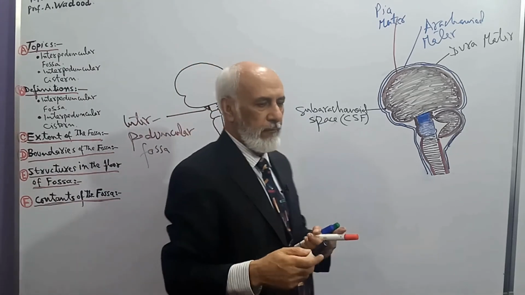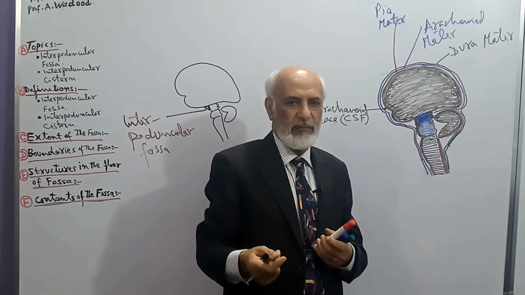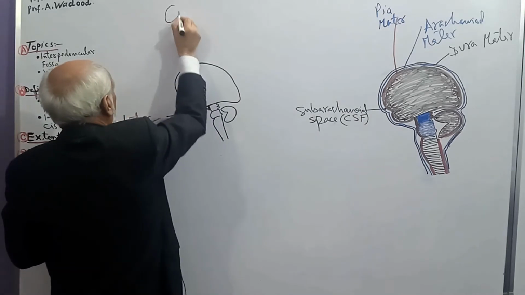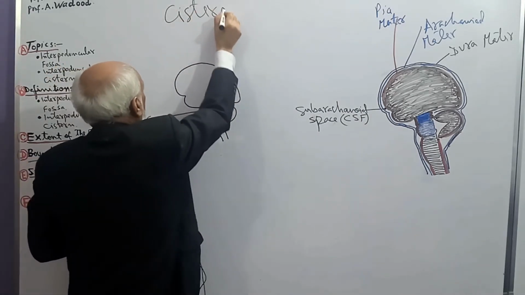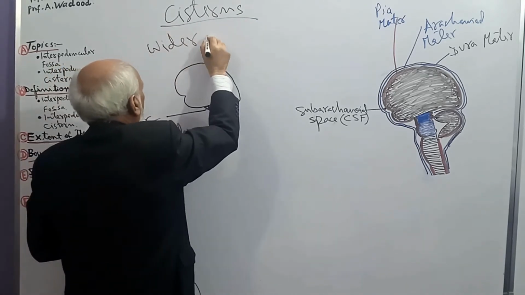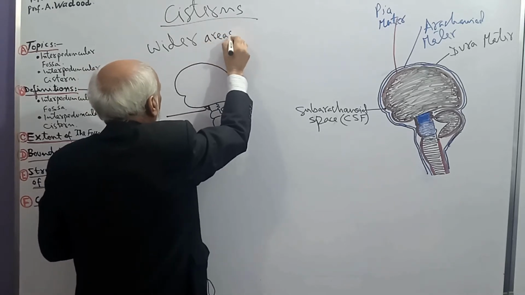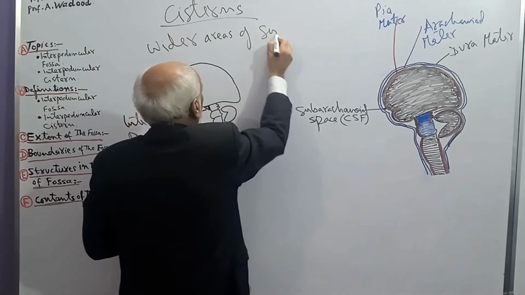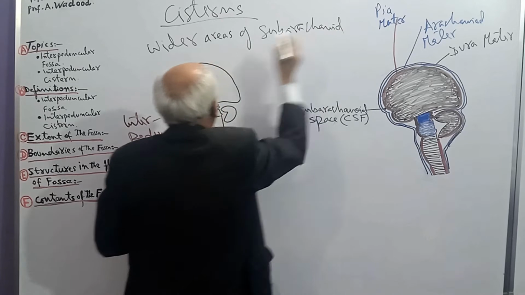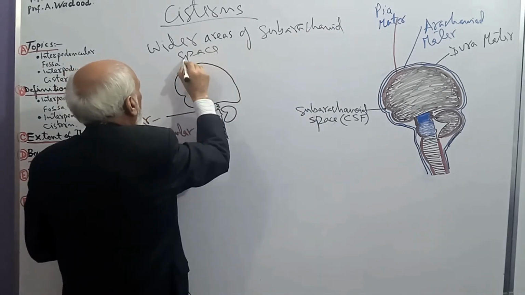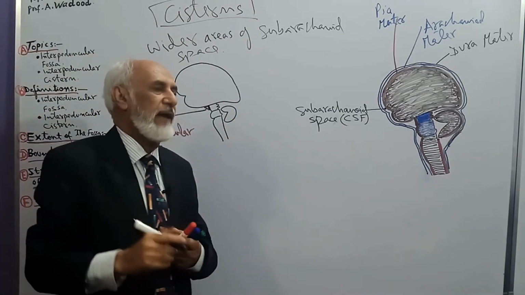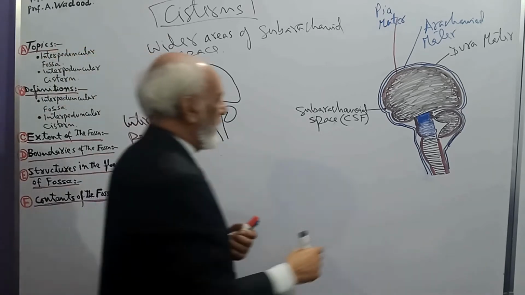But there are some wider areas of subarachnoid space. These wider areas of subarachnoid space are known as cisterns. So there are many types of cisterns, and one of these cisterns